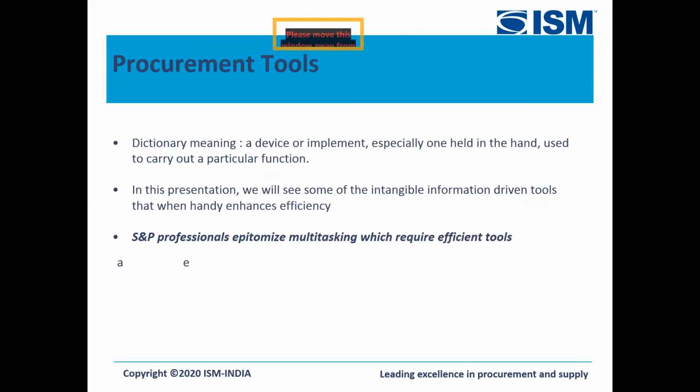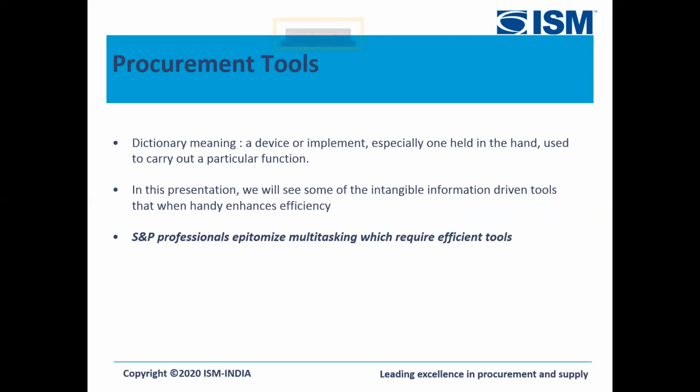Now, the dictionary meaning of tool is a device which is handy and is used to carry out a particular function. It can be a hammer, it can be a lever, it can be anything. But when it comes to procurement, it's all about intangible, information-driven tools, which enable and enhance efficiency. Because